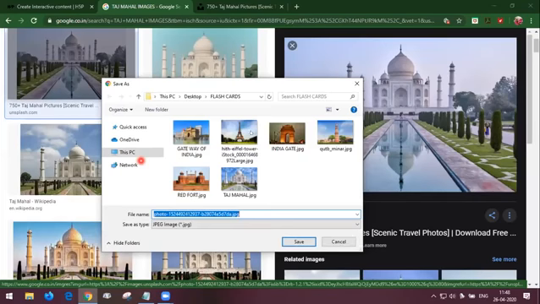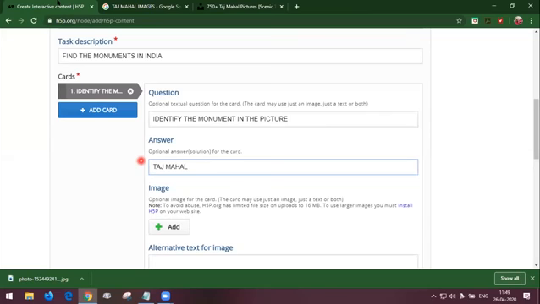So I have already saved some pictures here. So I am adding this image to that card. Where I am saving is this PC, desktop, and a folder I have created, flashcards. In that I am going to save this. It is more important to know where we are saving our images so that we can easily identify and select them in our creation job. Like that, you have to get all the images which are suitable for your content. I have just shown one example. You can do for the others.